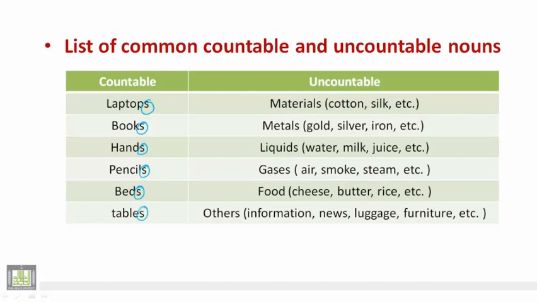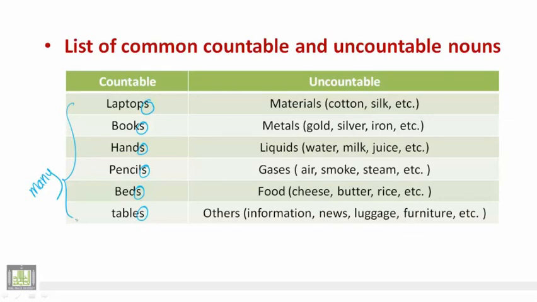So whenever you have many, you have a plural noun. حيثما صادفت كلمة many يجب أن تعقب باسم معدود وبصيغة الجمع. لذلك we can say many laptops, many books, many hands, many pencils, many beds, and many tables. However, on the right column وعلى النقيض تماما في العمود الأيمن, we will see the most